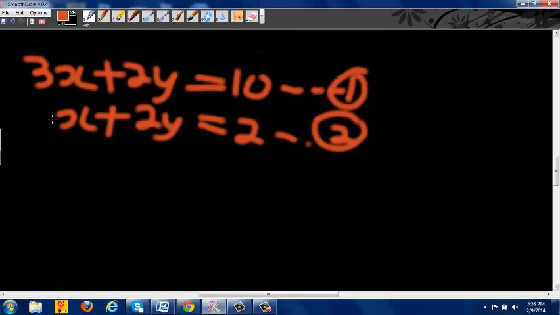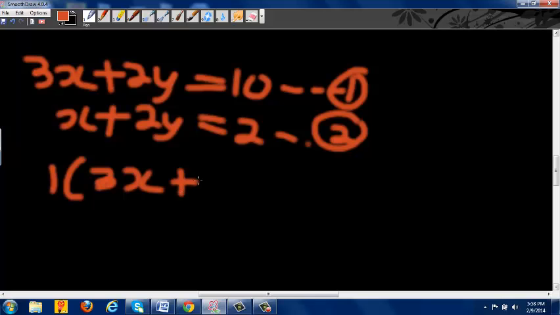Now what we need to do is to multiply the value of x in the first equation by the value of x in the second equation, and the value of x in the second equation by the value of x in the first equation, so that we can eliminate the values of x in both equations. Now what do I mean by that? It is quite simple. Now let's multiply 1 by